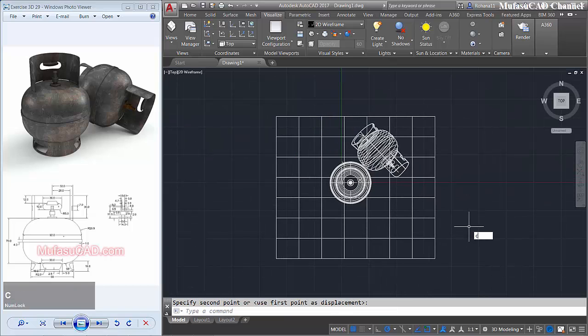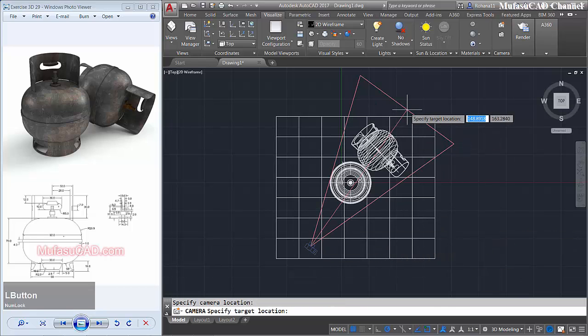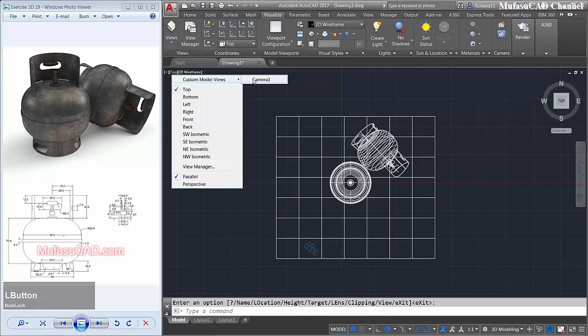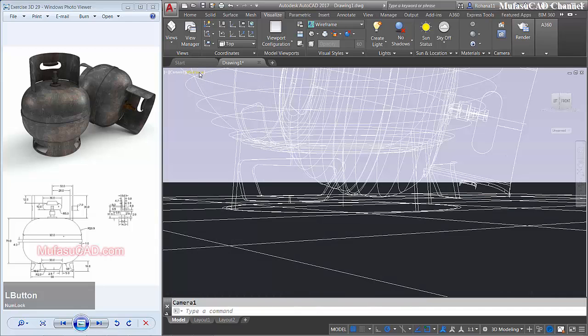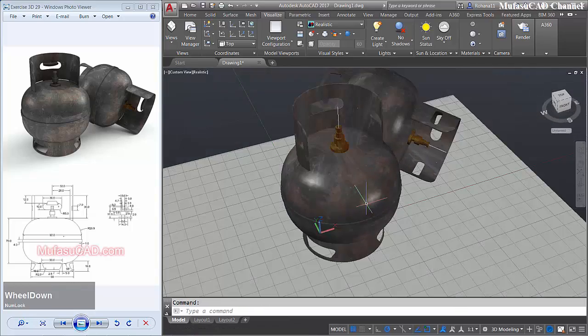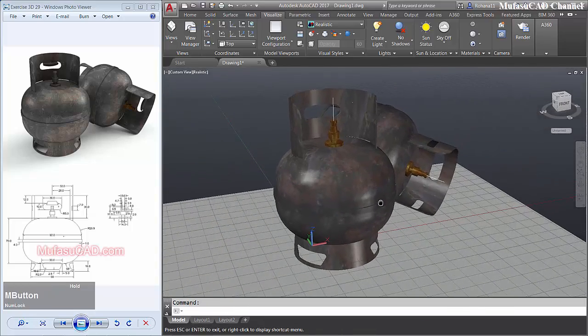I will use a camera. You can type camera. Start from this point to here with length 60. Exit and change into camera one view. Change into realistic. You can orbit to get the best view for rendering this 3D model.